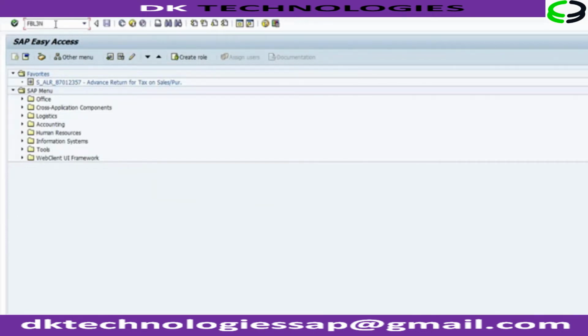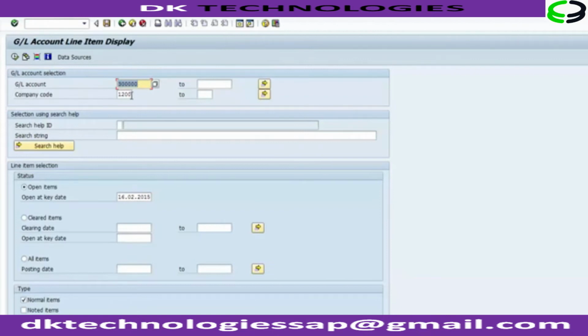FBL3N, enter. Now instead of taking the company code 1200 because it doesn't have much of the transaction, let's go first with the company code this, then later on we'll check with some other company code which will give you abundant data for understanding perspective. So you need to select again the ledger account or the GL account number. You need to put the company code, and then you need to select the open item, cleared item or all